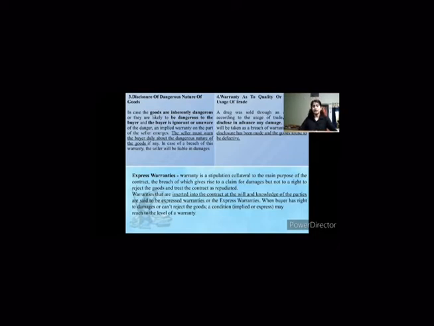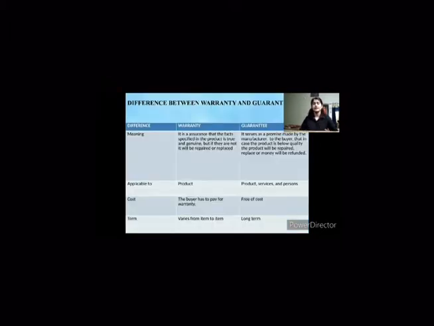तो हाँ, कंडीशन वारंटी के जैसे ट्रीट की जा सकती है। दिस डिपेंड्स अपॉन दी बायर। अगर उसके पास कंडीशन है कि वो चाहे तो उस प्रोडक्ट को रिफंड करवा सकता है, या कॉन्ट्रैक्ट को कैंसिल कर सकता है, बट ही चूजेस कि मैं सिर्फ डैमेजेस का क्लेम करूंगा, मुझे कॉन्ट्रैक्ट कैंसिल नहीं करना है, बट जो भी डैमेजेस हुए हैं आप उसको रिपेयर करके मुझे दे दो वापस। सो दिस इज कंडीशन ट्रीटेड एज वारंटी, बट वारंटी कैन नेवर बी ट्रीटेड एज कंडीशन। वारंटी को एंड में हम दो कॉमनली कंफ्यूज टर्म्स के बीच का